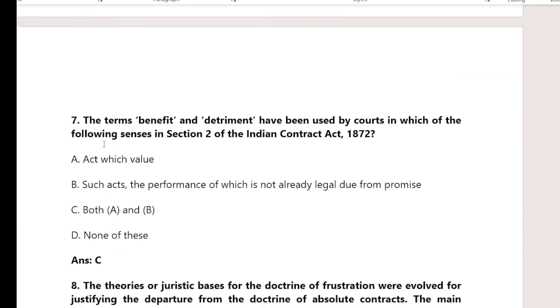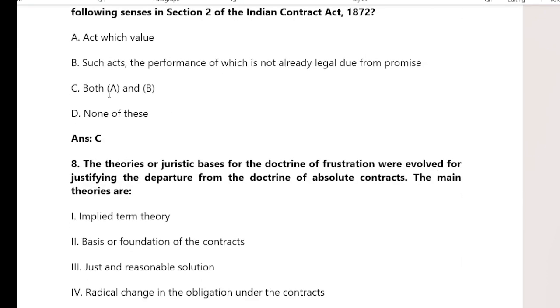And the next question is the term benefit and detriment have been used by court in which of the following sense in section 2 of Indian Contract Act 1872। Option A act which values, and option B is such act the performance of which is not already legally due from promisee, and option C both A and B and option D none of these। Then right answer is both A and B।